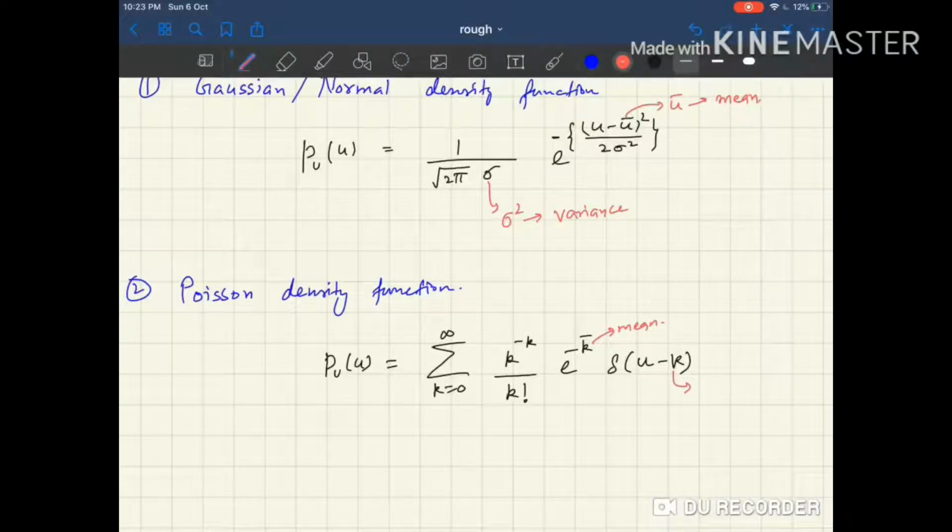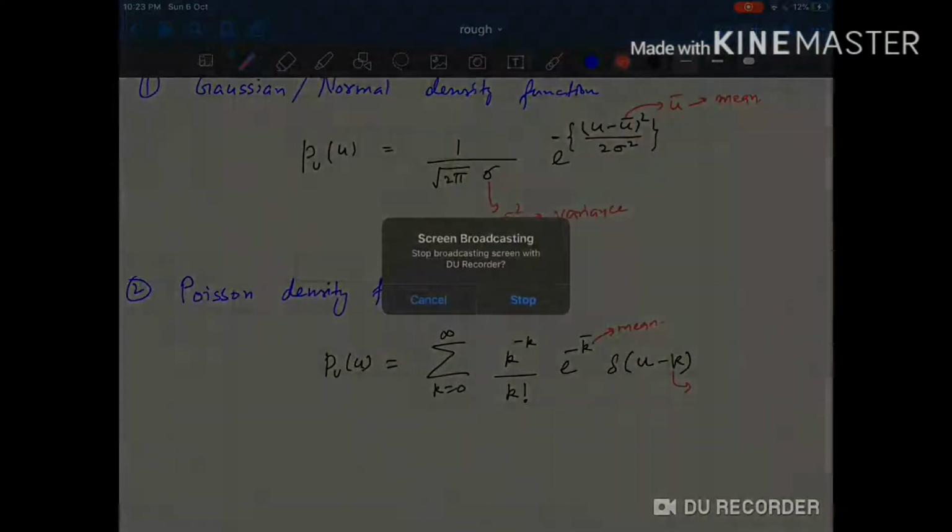Now next we will be studying the joint random variable and some more properties of the probability distribution function. We will also introduce the Bayes rule, which is also important for machine learning, and then the moments of a random variable. I hope that's enough information for this video, and we'll continue after that. So thank you for watching.